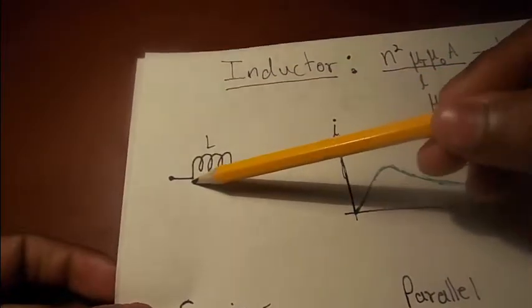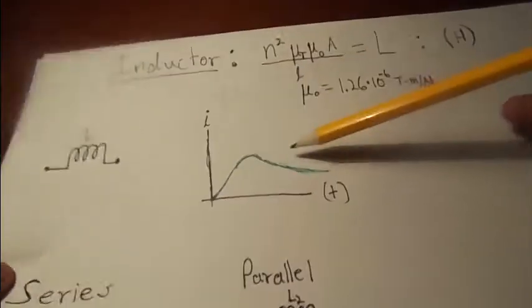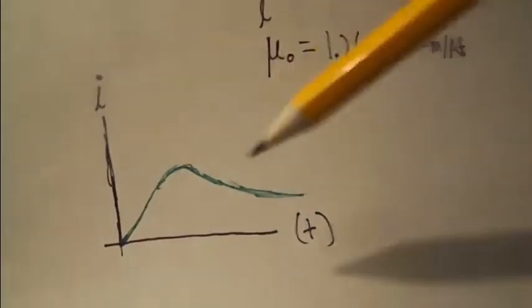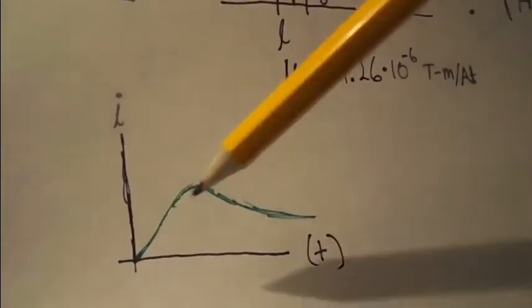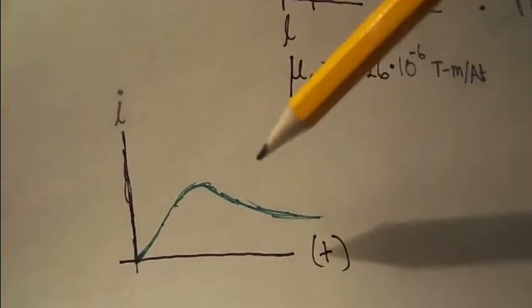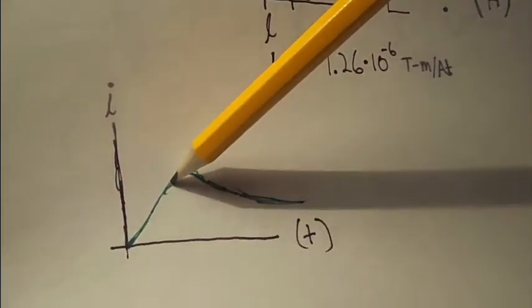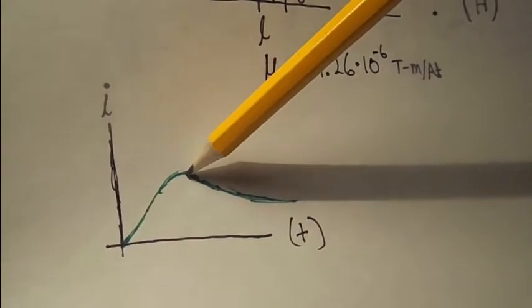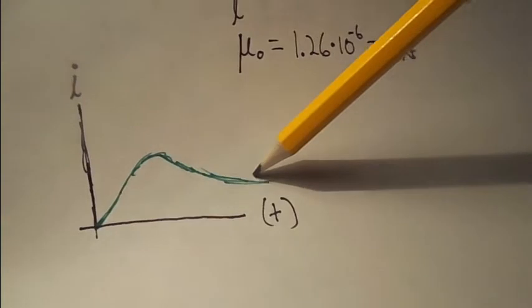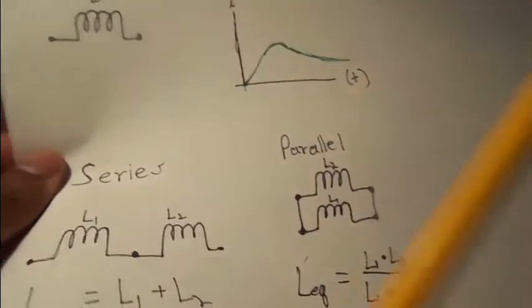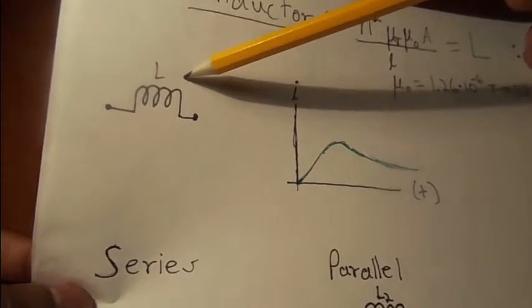So in a circuit diagram, this is pretty much what it looks like. Yeah, it's very simple. And if we look at a timetable, it's almost like a capacitor timetable, except it has to do with current over time. So we see here that current is increasing, and once it gets to a current that it doesn't like, it starts to fight it back and stabilize it at some point. These things are very useful for things such as transformers,